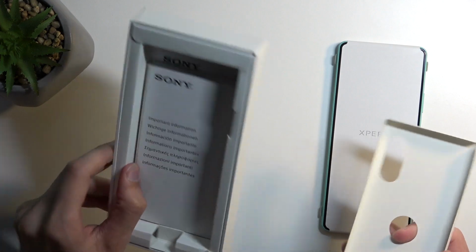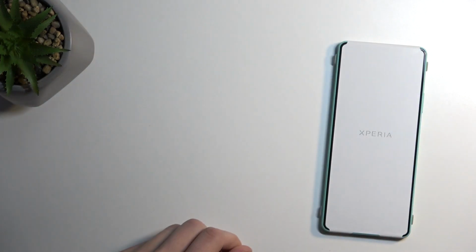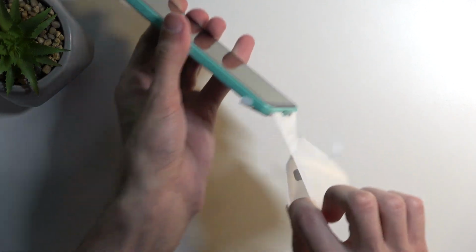Wait, are you serious, Sony? You're not even including a charger, or not even a charger, a cable? Fantastic. Great, we're off to a fantastic start. Anyway, peeling that off,